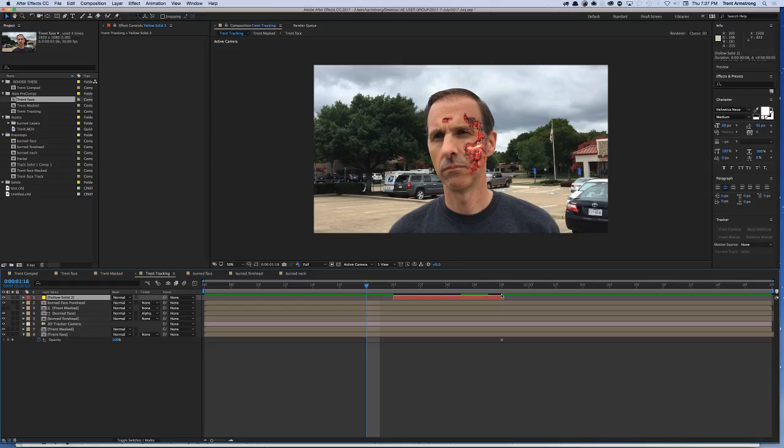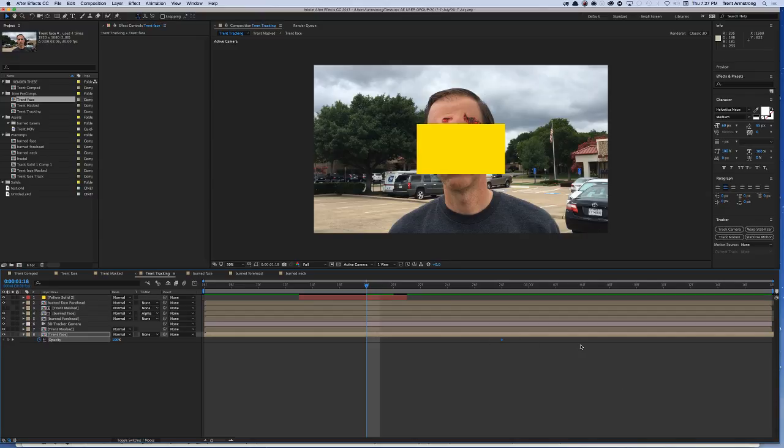So I can do option and page down and scoot it forward and backward, page up and page down, like that. And if I do shift option or alt on a Windows machine, I'll move it 10 frames. Okay. So to move a keyframe, I'll do option, left arrow, right arrow, or shift option, left arrow, right arrow,